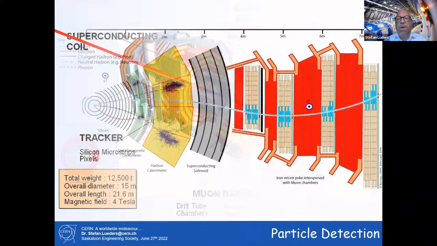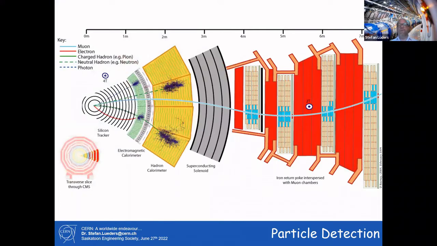To explain how this is working, I cut open this experiment. On the left-hand side, you see 1/4 of the experiment. You see the collision, and you see different layers of detector material. The first layer, we call a silicon tracker because it's made out of silicon. The same silicon chip which you have in your iPhone's camera, we have the same thing, but our silicon is wound up into cylinders. You can see lots and lots of cylinder layers, and we have something like a surface of 250 square meters of silicon inside the detector.